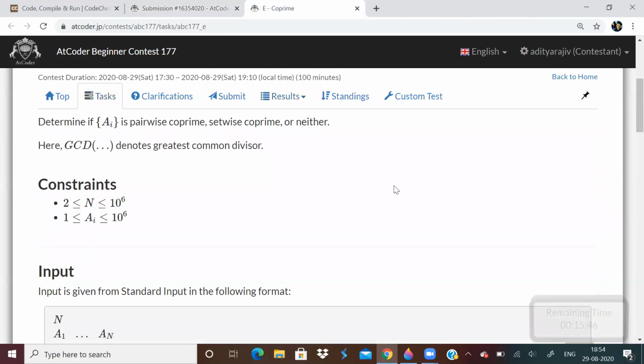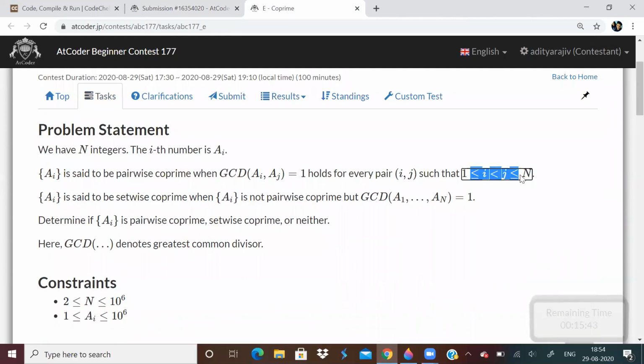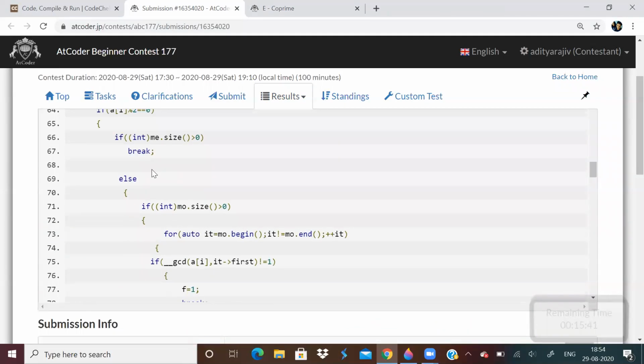I hope you understood that. You need to know some basics like what is coprime and parity. I won't be explaining that here.